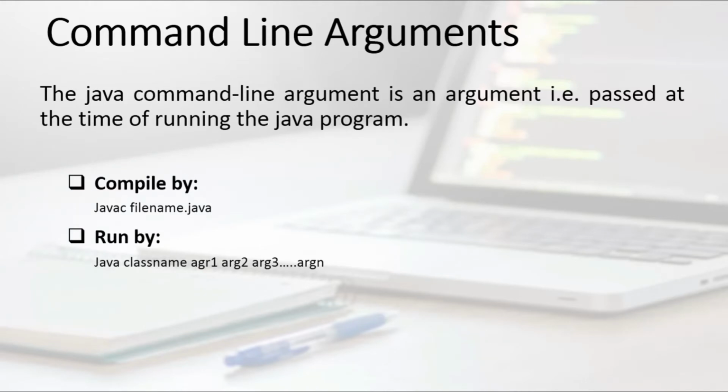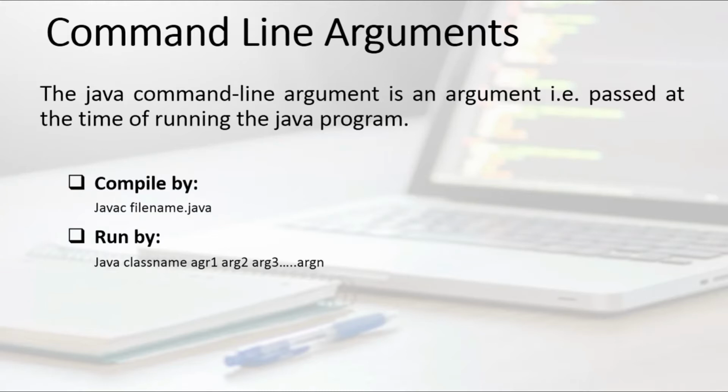The Java command line argument is like a regular method argument, passing actual parameters. The Java application can accept any number of arguments from the command line. The main difference from a simple program is how to compile the file and how to run the file. Compiling the file is regular: javac, name of file, and .java as an extension. Now to run the file, java space name of that class and the arguments that you want to pass as input to the user. It can be any number of arguments, arg 1, 2, 3 up to n.